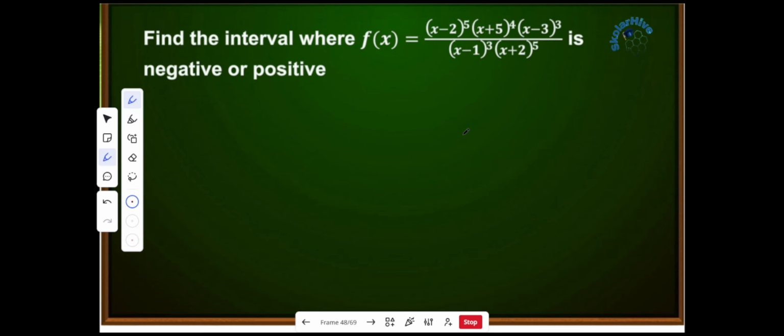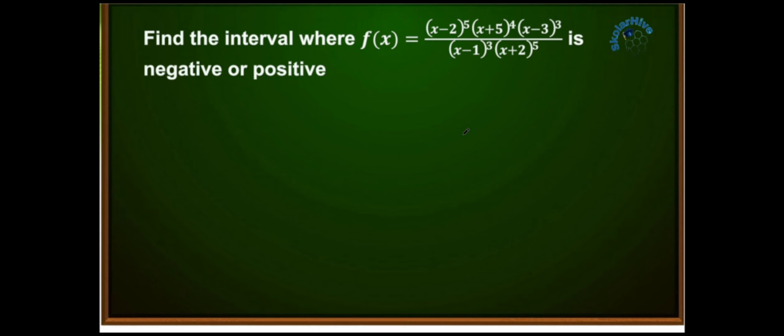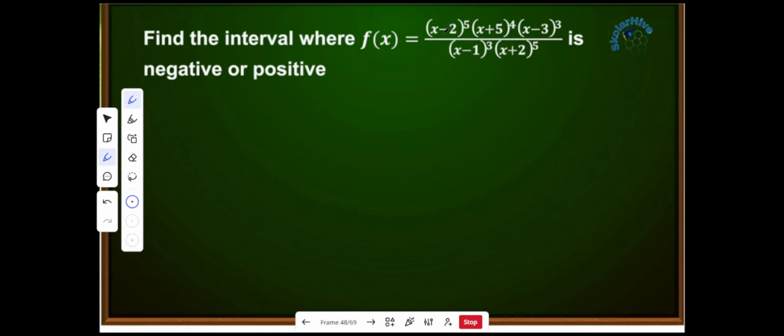Now, in this question, we need to find the intervals where this function is negative or positive. A function being negative or positive means we write it greater than 0 for positive and less than 0 for negative, because 0 is neither positive nor negative. So let me go for positive first. This will become (x minus 2) power 5, (x plus 5) power 4, (x minus 3) power 3, divided by (x minus 1) power 3, (x plus 2) power 5,